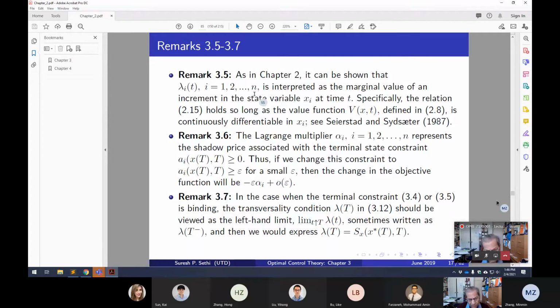As before, lambda it is the derivative of the value function. I just want to say that this is the marginal value only as long as the derivative of this value function is defined. Remember, when I did chapter 2, I said that we don't have the right to say that this is differentiable because this is a function we want to derive. And we proved the maximum principle assuming it's differentiable. So the proof of the maximum principle was only good for those values where the value function is differentiable. So it's not a completely rigorous proof,